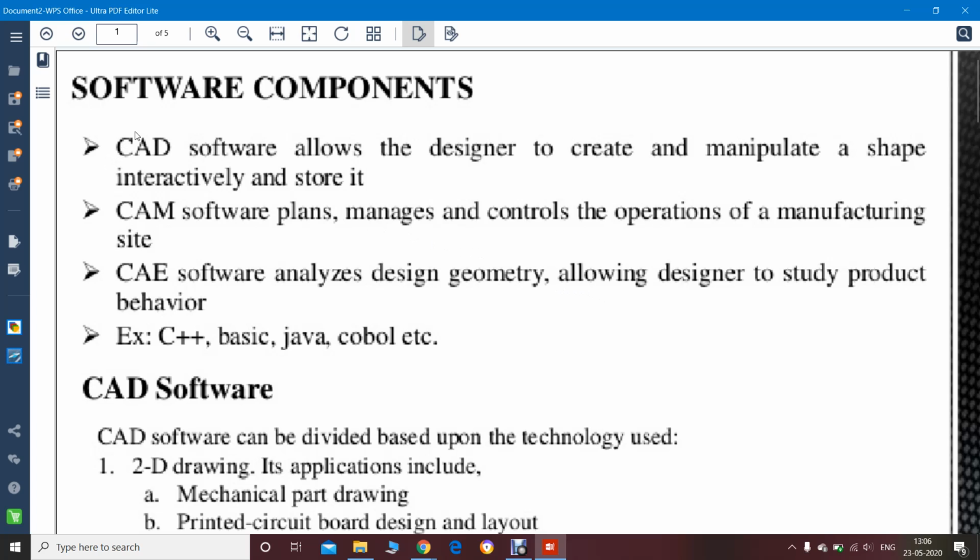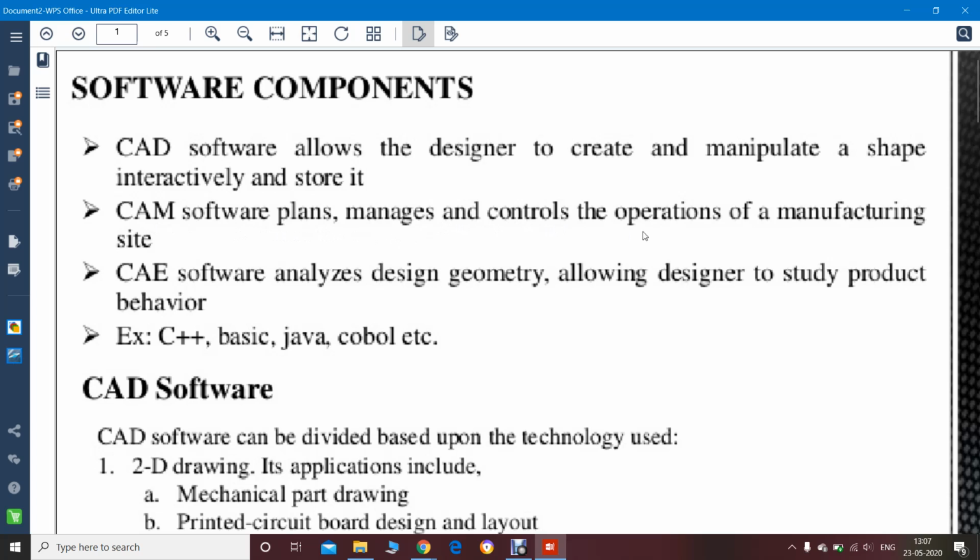The first point for the software component is CAD software, which allows the designer to create and manipulate a shape interactively and store it. What does this mean? The CAD software allows the designer to create and manipulate a shape interactively and store it. The second point is CAM software